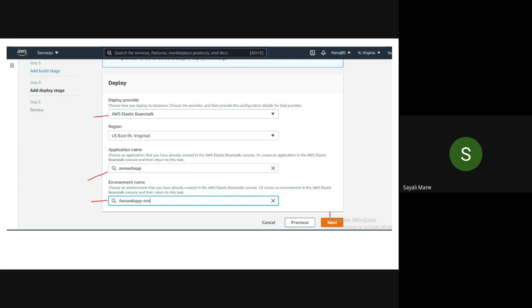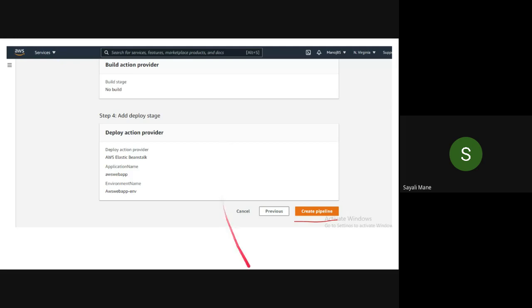And please don't forget to take a screenshot because later we are going to delete the whole pipeline since we are doing the experiments on the free tier account. So that in future there is no extra charge. That's why after every practical we are going to delete everything. So please take a screenshot of it. Now next one. See, in the next step, you will get a review of your respective stages.